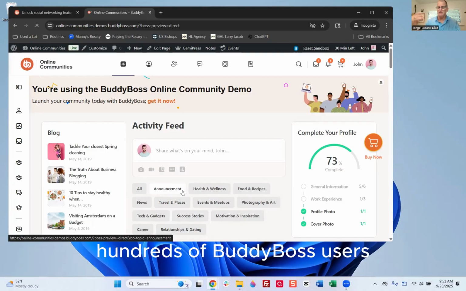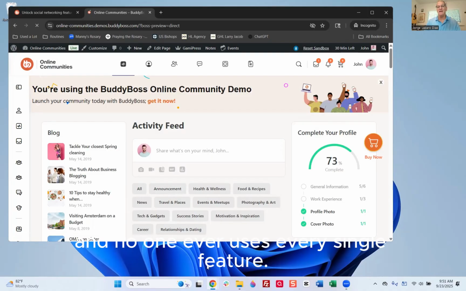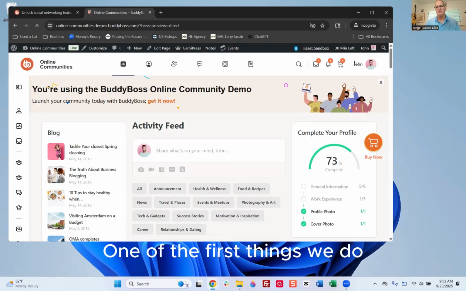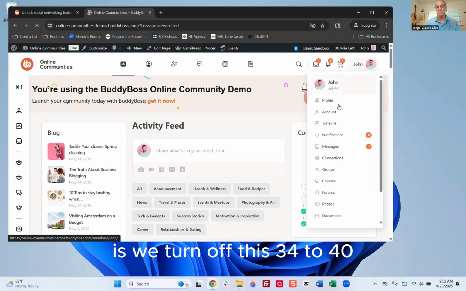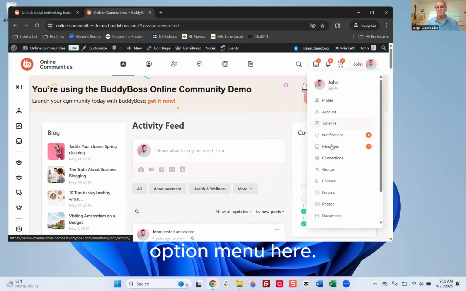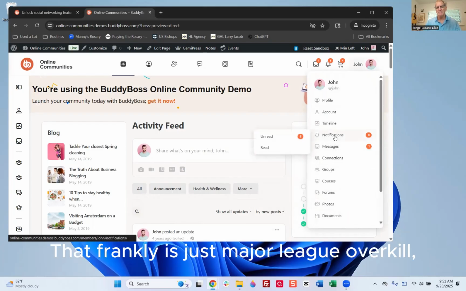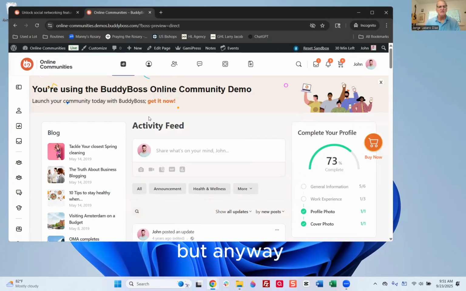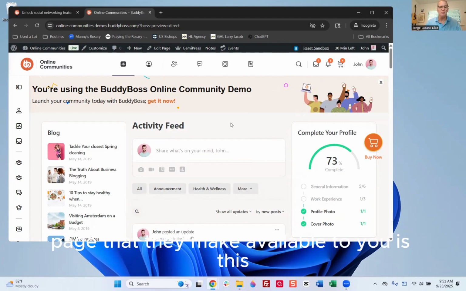We've worked with hundreds of BuddyBoss users, and no one ever uses every single feature. And one of the first things we do when we start working with people is we turn off this 34 to 40 option menu here that frankly is just major league overkill. But anyway, so this is the default setup, and the first dashboard page that they make available to you is